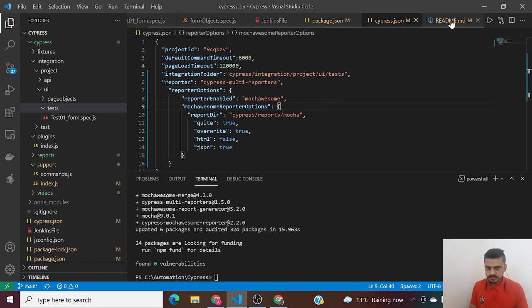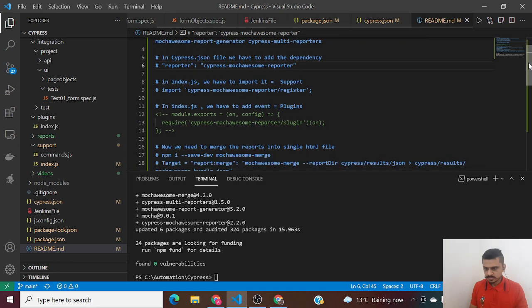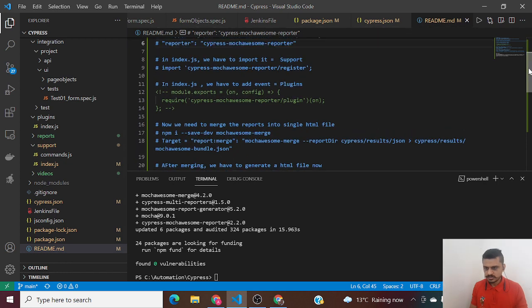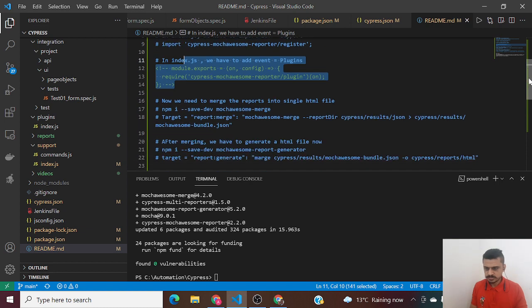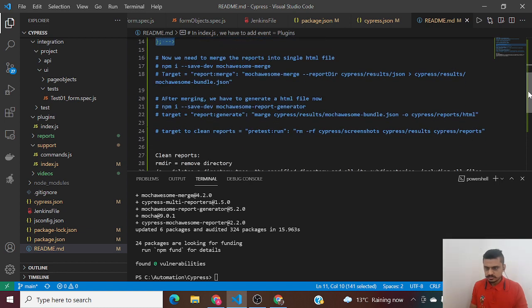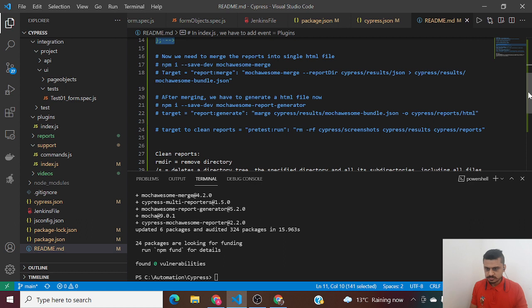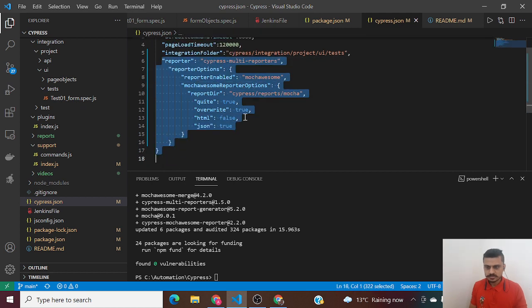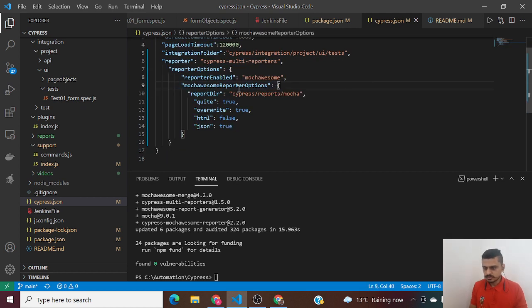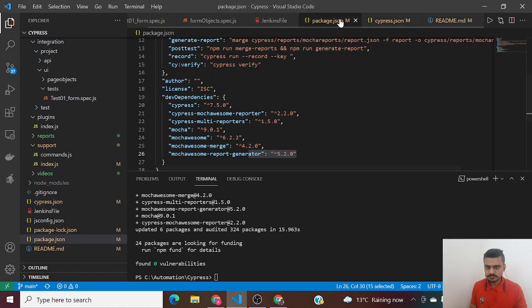Having done that, let's come to the next step. You don't really need to provide these things, guys, because I think it would work anyway. Now let's come to our main file. We have downloaded the dependencies for Mochawesome, and Cypress.json is updated with the required parameters. Now we have to work a bit in the file from where we will start our execution.